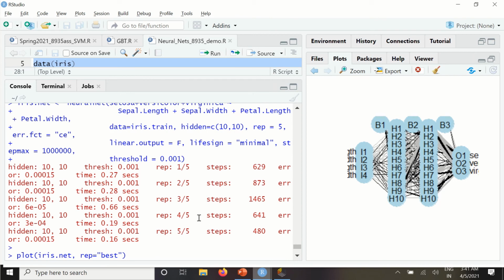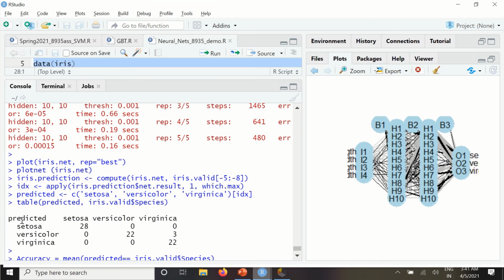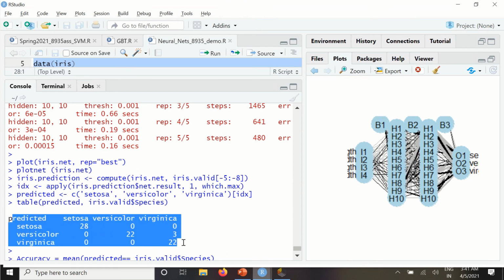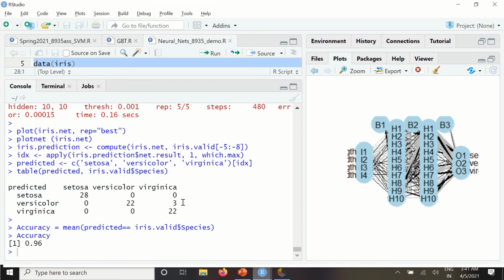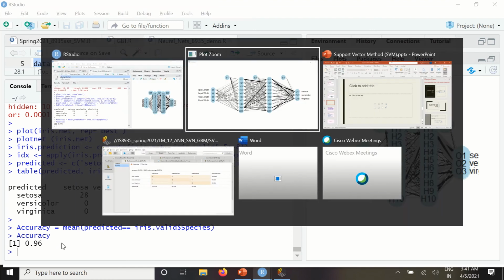Every repetition it gives the error, and this is the confusion matrix that has got created, and here we can see there are three data points that have been misclassified, which results in an accuracy of 0.96, which is nothing but 96% accuracy. Let's see what we have in RapidMiner for the same.